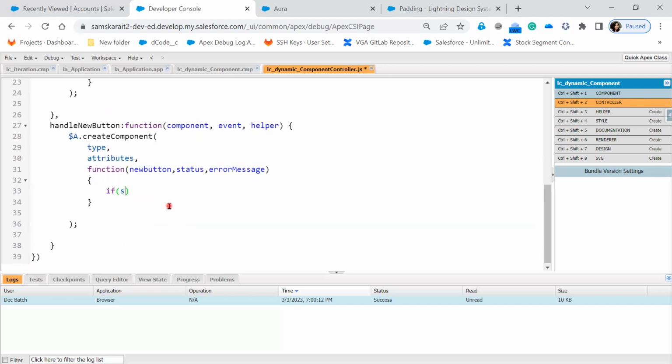if status equal to, if it is a success, then do this, else error. Now the type which I'm going to implement is another